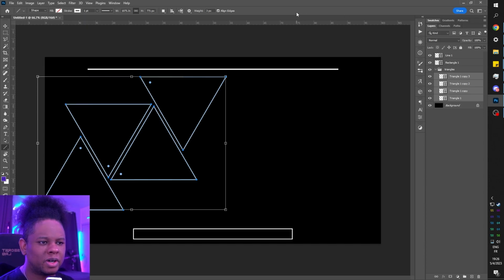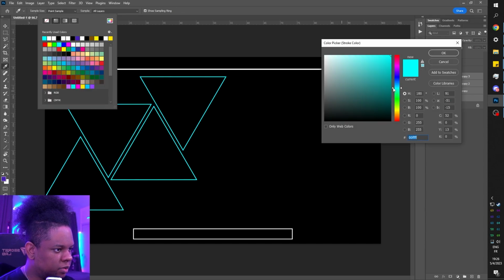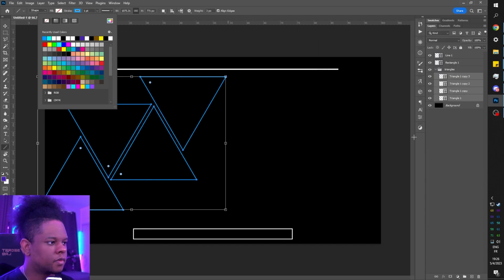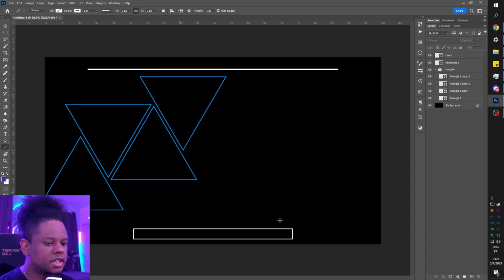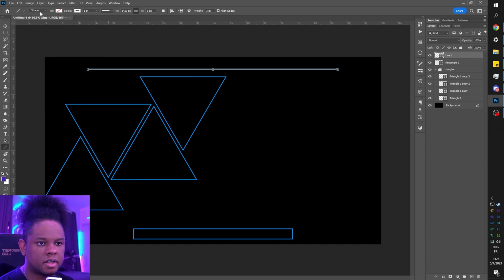And maybe here you want to start thinking about the color that you want. We're going to go with some sort of blue. I know you guys really, really love the blue. So let's go with that kind of blue. Nice. Okay. That's pretty good. Not bad at all. And we're going to add the same color to the bottom one. Again, this is the stroke and it's going to record basically the previous color that you picked